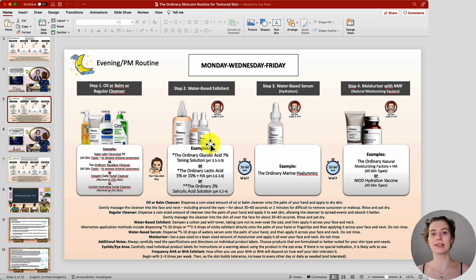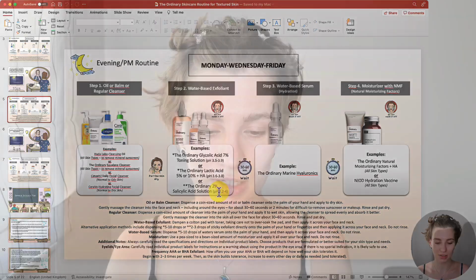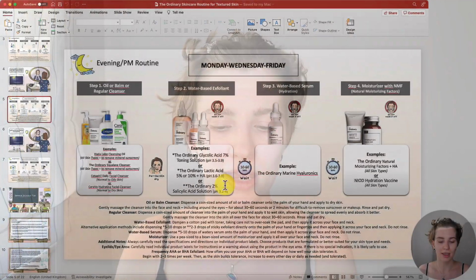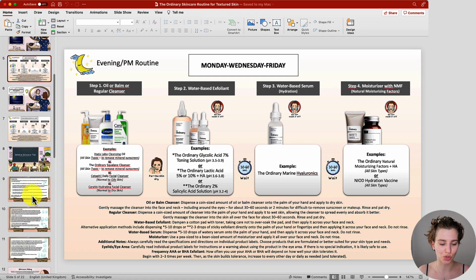So usually it's said that if you have a drier skin type, you can go with an AHA such as glycolic or lactic acid. If you have an oilier skin type, you would go with salicylic acid because it is able to break through oil. Therefore, it can not only help you to regulate your oiliness, has benefits of anti-inflammatory properties to reduce acne, but it helps to properly loosen dead skin cells on the skin surface. So one thing that they all have in common is that they are going to help to loosen the dead skin cells from the skin surface so that the new skin cells can basically race forward, which then helps to improve your textured skin.